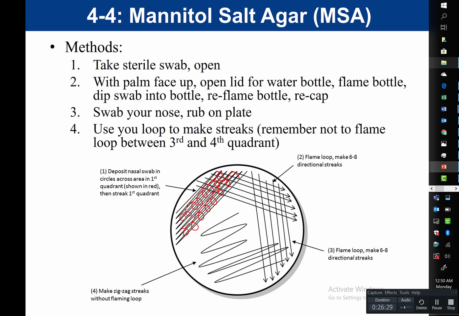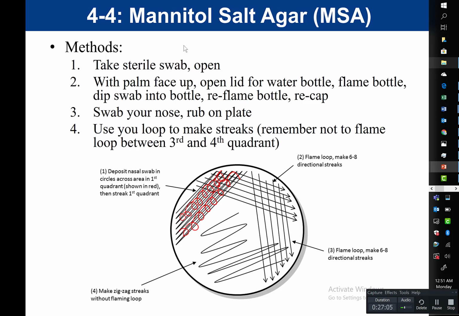The way that we would do this experiment is we would take a sterile swab and open the container. In the lab, we typically use glass test tubes that have a lid, and the swab has been sterilized. So you would open that tube and take out your sterile swab. When we open our water bottle, we want to keep the lid in our hand just like for any other tube, because we don't want to set that cap down or the water that we're using is no longer going to be sterile.